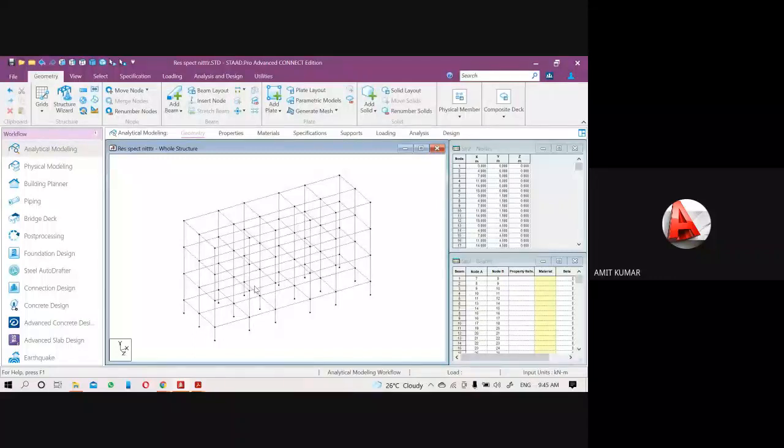Again, if it is necessary to create a composite building here, that means the steel structure, we can create it through the structure wizard again, through the truss model. But here I want to do it only for the concrete structure. I will show you the result of the complete file also after completing this result.